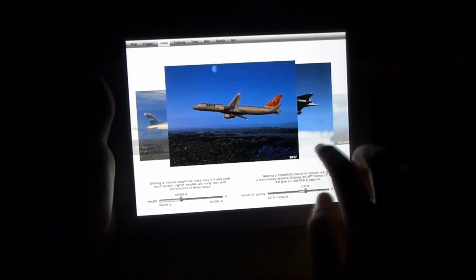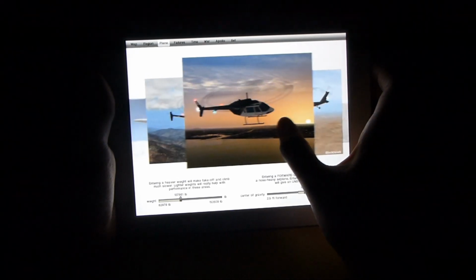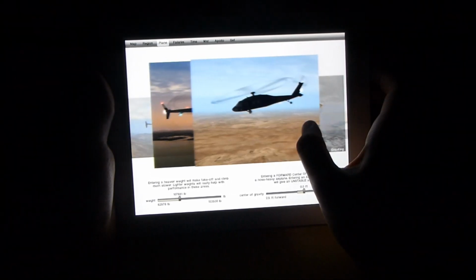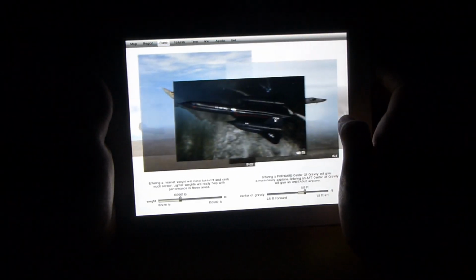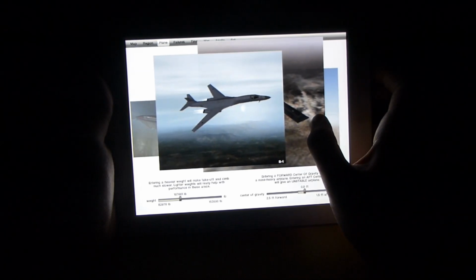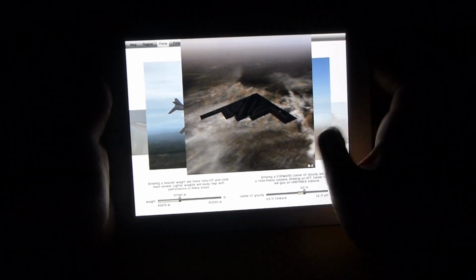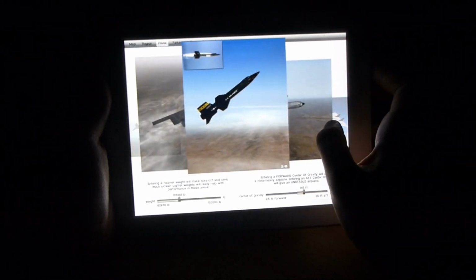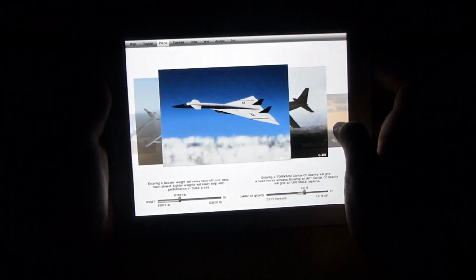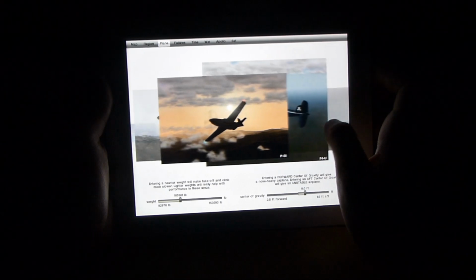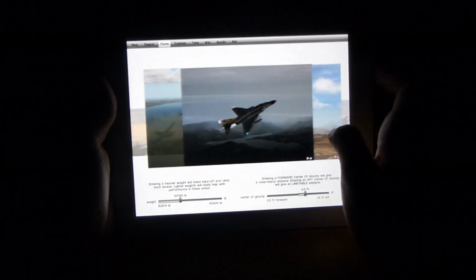Got Concorde here, some helicopters, R22, Jet Ranger, Chinook. I've got F-22, SR-71, B-1 Lancer, B-2 Stealth Bomber, X-15, B-52 Bomber, XB-70, C-130, P-51, F-4,